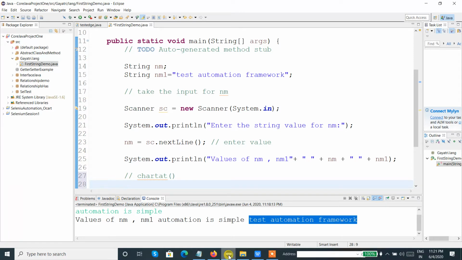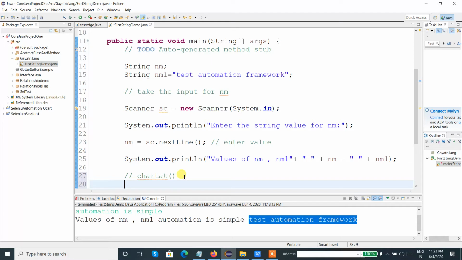Let me take the second string, which is test automation framework. Now space will also be treated as a character. So test is 0, 1, 2, 3, and the 5th index will be A. I want to extract the character which is present in the fifth position of the given string nm1.